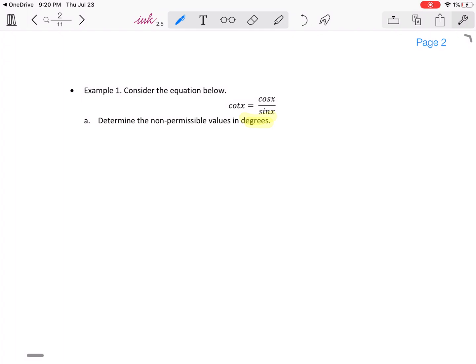So let's look at the left side here. So we've got cotangent x. And so using the reciprocal identity on the previous page, this is equal to 1 over tan x. Okay, so looking at tan x, again, this is a special one because it has the asymptotes, whereas cosine and sine are completely continuous, so you don't have to worry about that. So here, tan x is not defined